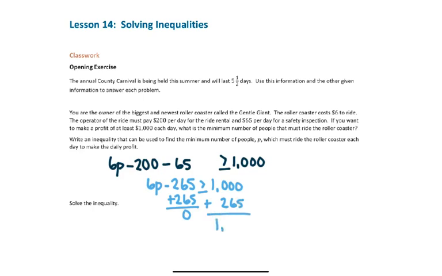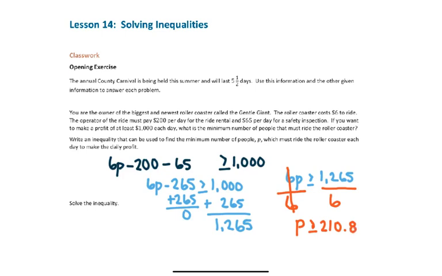So now on the right side, I have 1,265. I'm left with 6P is greater than or equal to 1,265. Now, I know that 6 is being multiplied by the P, so I'm going to do the opposite of multiplication and divide both sides of my inequality by 6 to get that P all by itself. So now my inequality says that P is greater than or equal to 1,265 divided by 6, which is